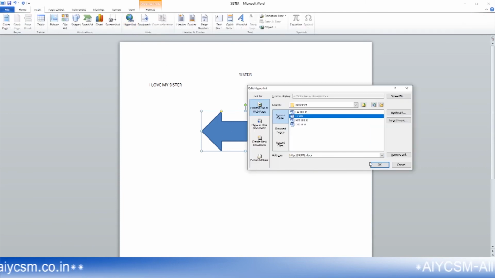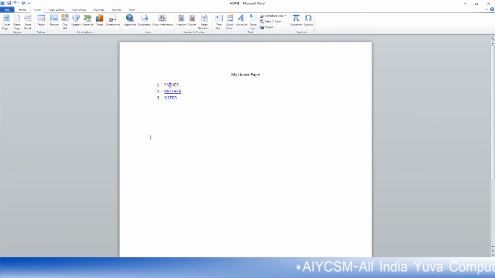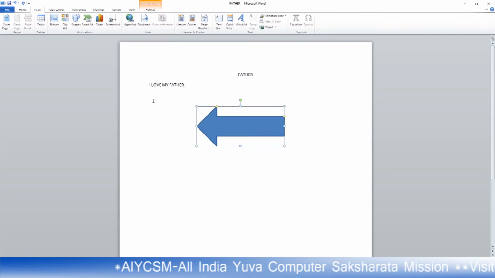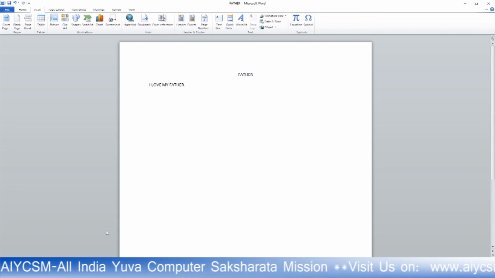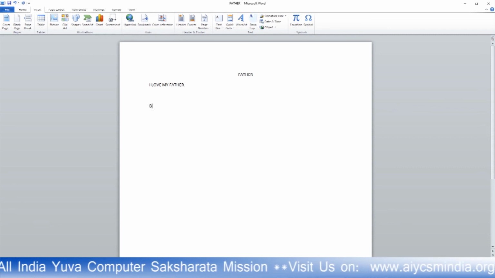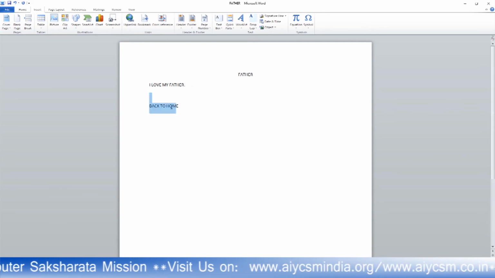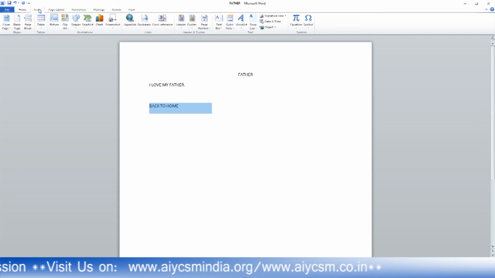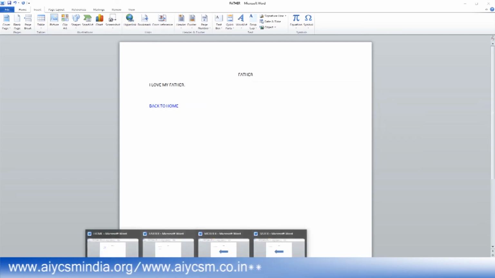Click on, select this, click on hyperlink, go to home page. From here you can click on father, it will take you to the father. This one does not take you to the home, delete it, just write it as back to home, select it, go to hyperlink and select the home.